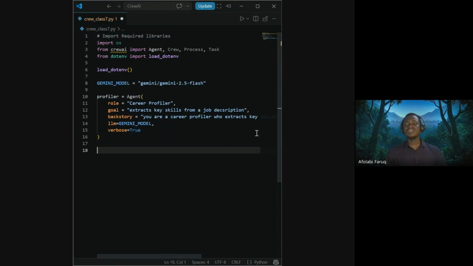Okay, so this is it for the first agent, the profiler, the one that extracts key skills from job descriptions. The next one is the CV writer, right?